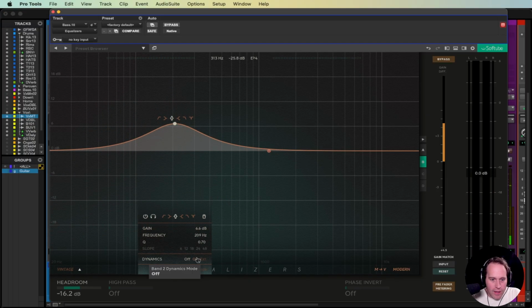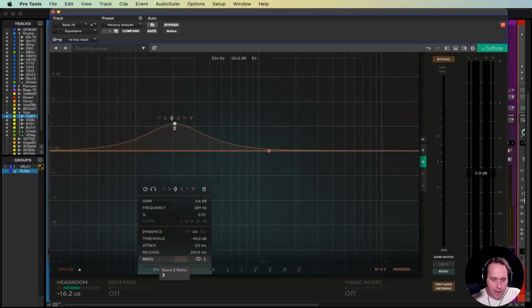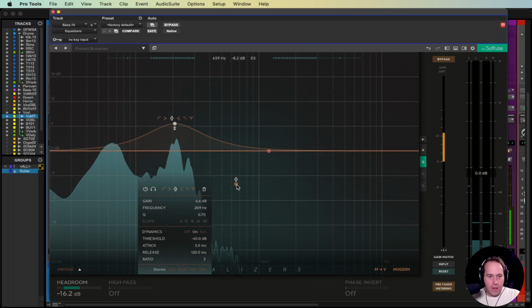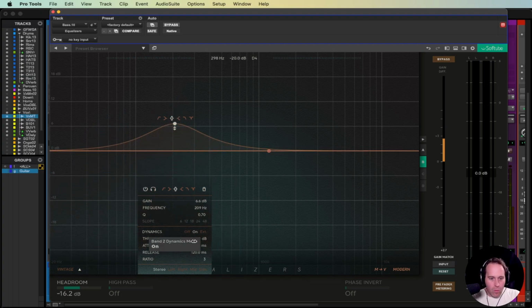All right, we're going to do some dynamics on here. Speed that up. Speed up that release. So the attack goes down to 5 milliseconds. With the F6, you can do about a half millisecond, which is super duper fast. Now, if you do this and just turn it on, so it's not doing exactly what I want. You're actually doing negative ratios. And what that's going to do,